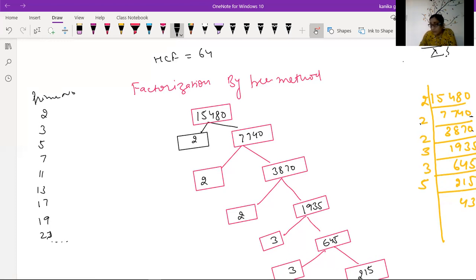Again the unit digit is 0. We divide it by 2. We get the number 1935, divide it by 3, 645, and again dividing by 3, 215, and dividing by 5, 43. Now we have to use the factorization method. Now we have to write this number 15480. Now 2 multiplying by